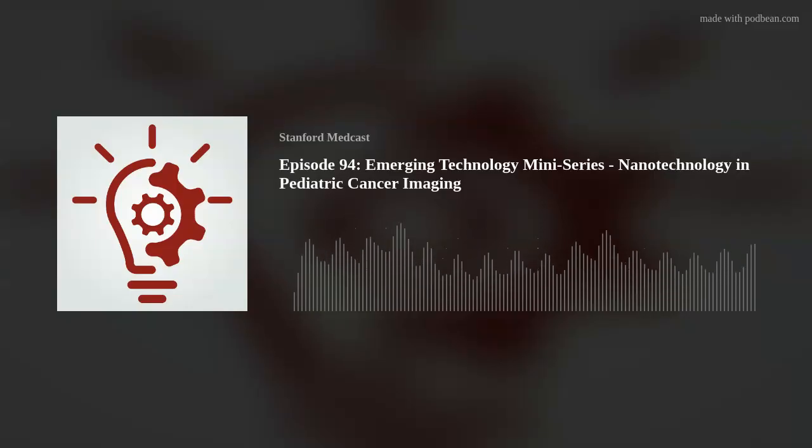The ongoing research that you and your team, and I think countless others, are doing are obviously some of those crucial steps to maximize the benefits of nanotechnology while really ensuring that there is safety around it. I want to take a step back and ask you how you came to focus on nanotechnology within pediatric oncology